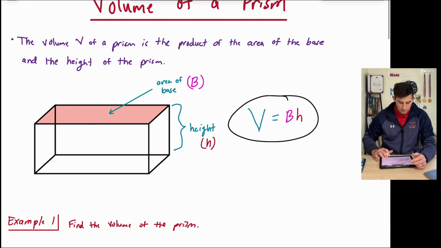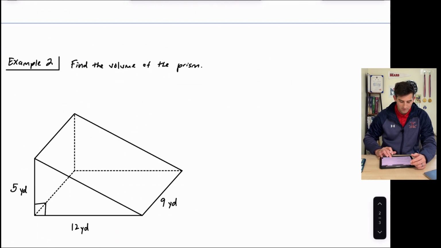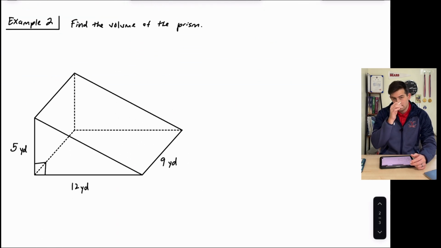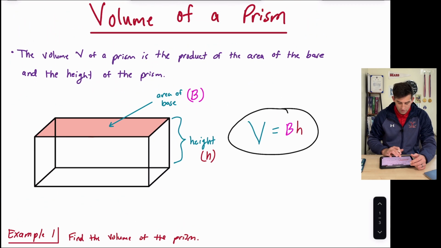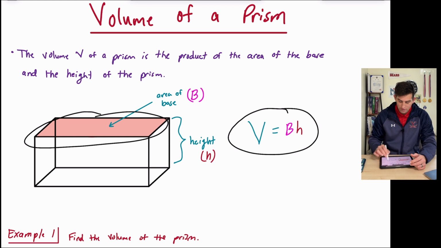width. So we're going to look at one of those here in example 1, but notice here in example 2 that our base would be a triangle. So in that case, the area, we would think about 1/2 base times height in order to find the area of the base, okay? All right, so in our drawing here, we see that this shaded region would be one of the bases, so we could find the area of the base, and then the height would be this vertical